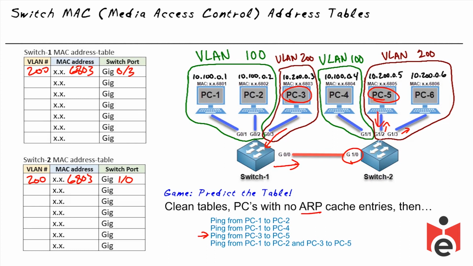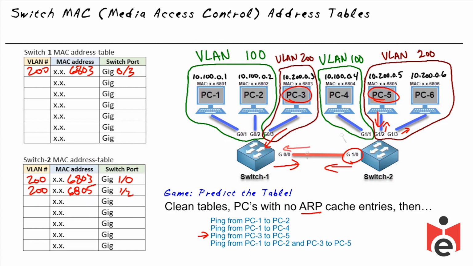And that goes into the switch on port gig 1/2. So we'll add that port here, where switch 2 now knows the MAC address of PC5, which ends in 6805. And that's associated with VLAN 200 because the access port gig 1/2 is associated with that VLAN. And that reply is sent back to the MAC address of PC3, which ends in 6803, which the switch knows where that is,